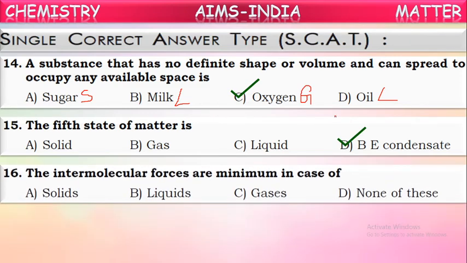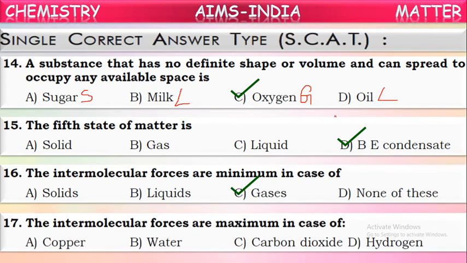The intermolecular forces are minimum in case of. So intermolecular force is nothing but the attraction between the molecules of the matter. In which state are these minimum? We know in gaseous state the molecular attractions are least or minimum. So in gases, intermolecular forces are least. Okay. Next, the intermolecular forces are maximum in case of. Where will they be maximum? Obviously in gases, sorry, in solids. Intermolecular forces are